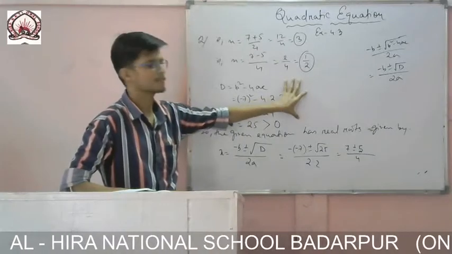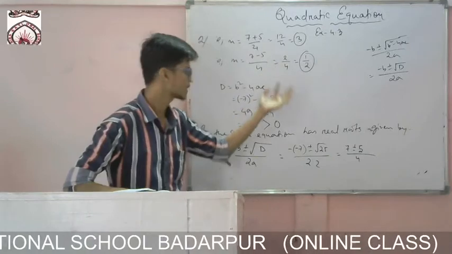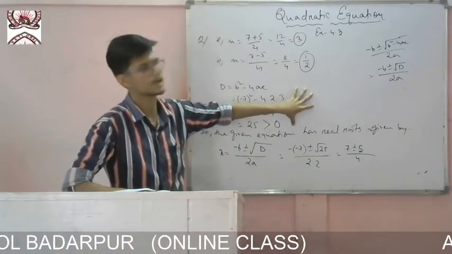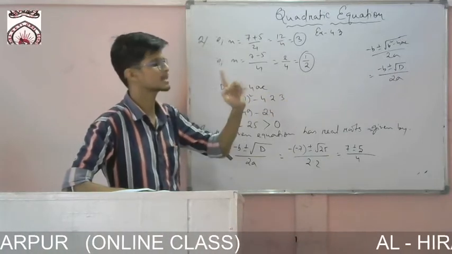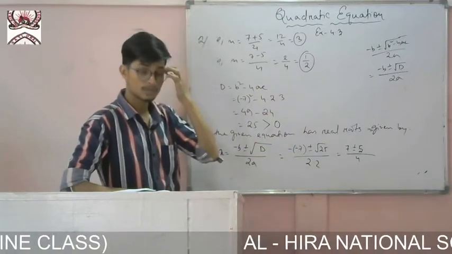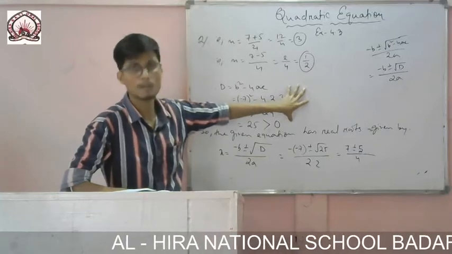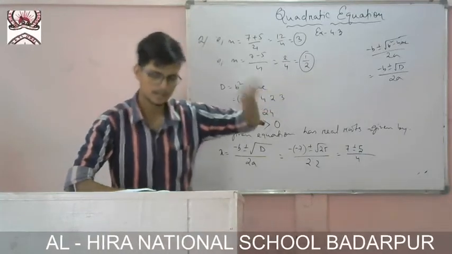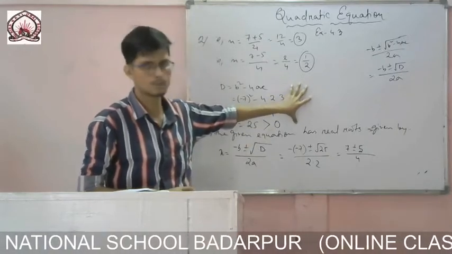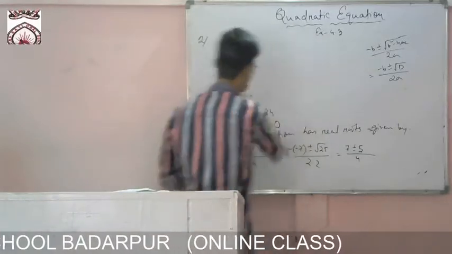If it is just given to find the roots of the quadratic equation, then you can use the factorization method, the completing square method, or the quadratic formula. If it is given to find using factorization, use the earlier one. If it is given to use the completing square method, do the one we did earlier. If it is given to use the quadratic formula, use this one. All are easy, and the same thing will come again and again.